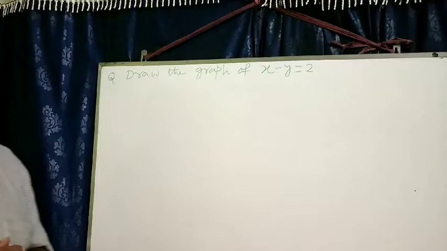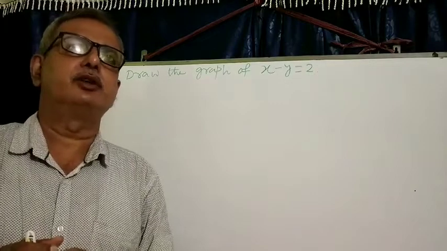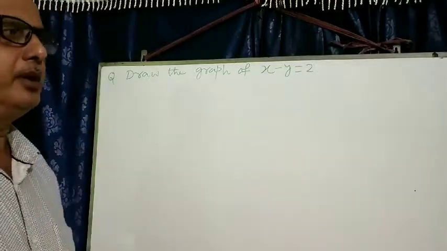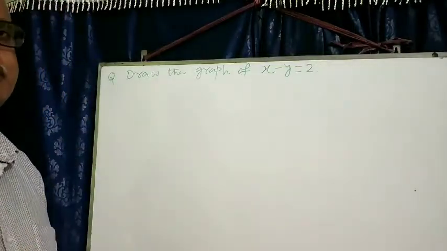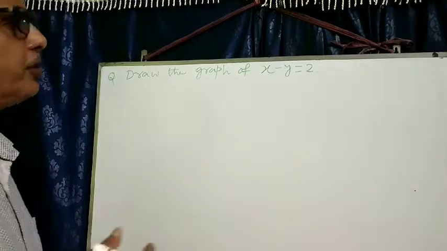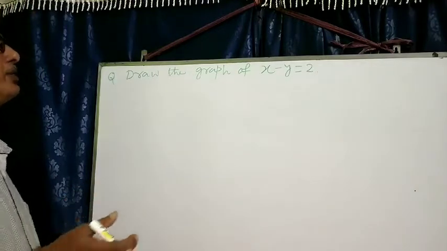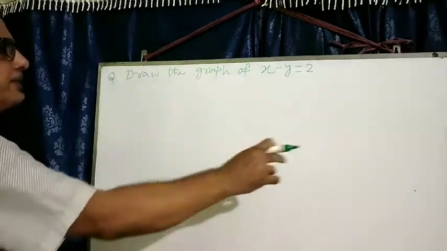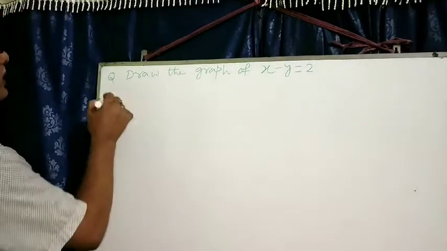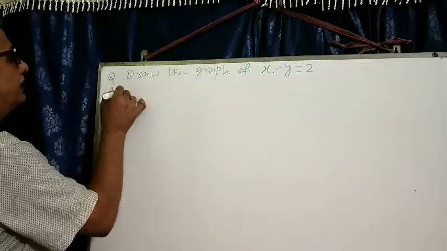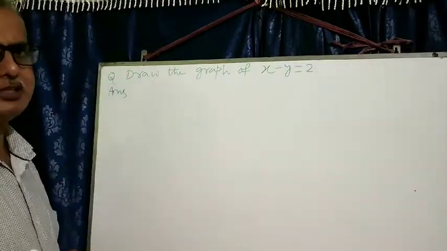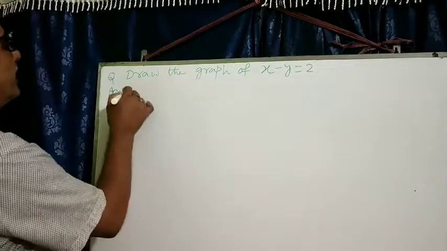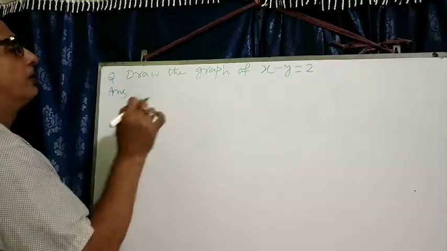I always suggest the students to draw the graph on the graph paper. But you know, because of this lockdown period, we don't get the graph book. So I am doing it on the board by drawing the x-axis and y-axis. I start like that. Minimum 2 solutions are required. Maximum 3 solutions you may take, and after that you will draw the graph.